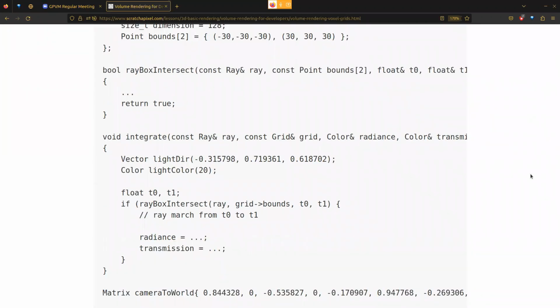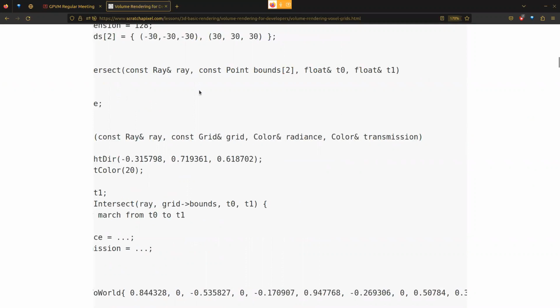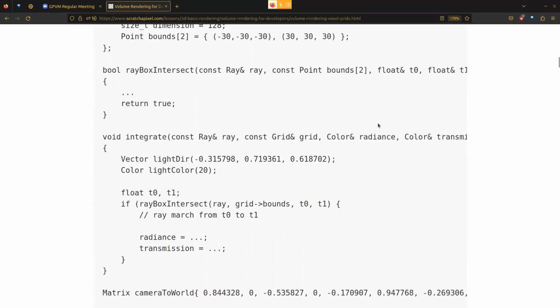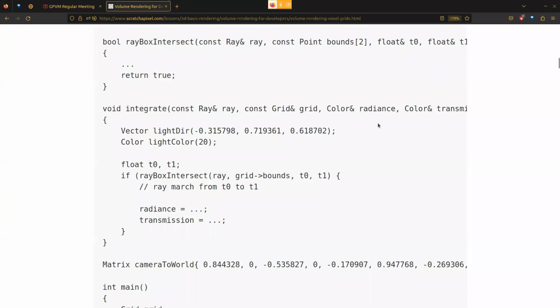So we have the ray box intersection routine, and we're going to basically be getting back out this T0 and T1. And those 2 values are going to be, like I say, the near and far intersection points. So when we do integrate through, we're going to be